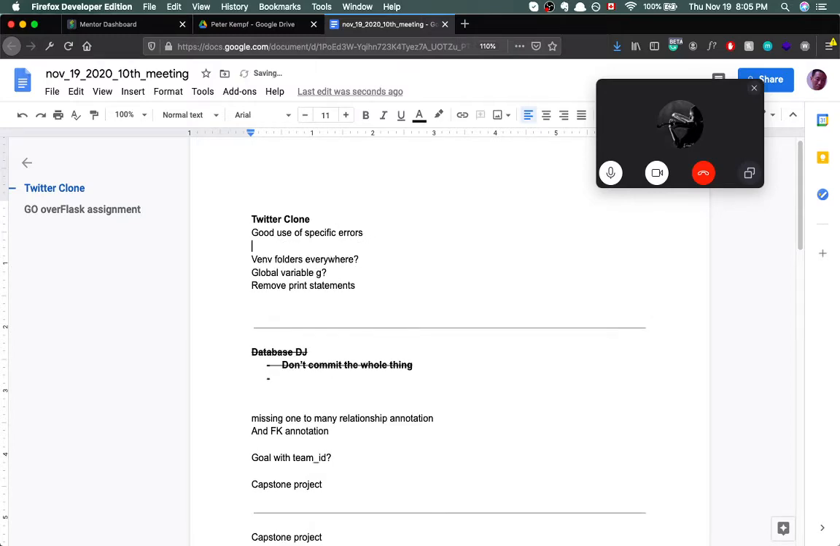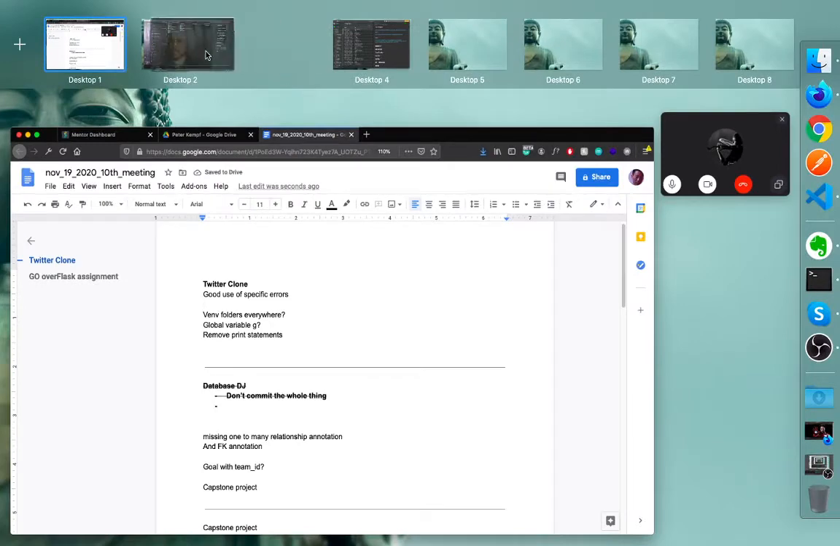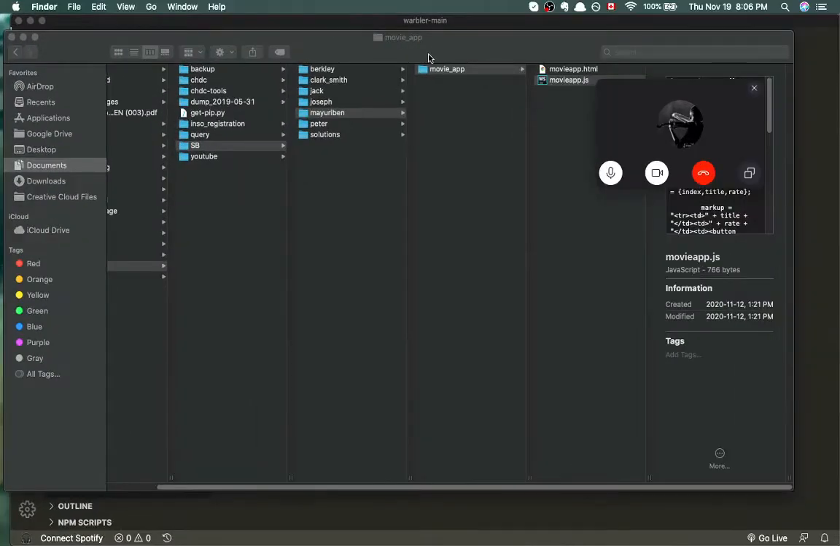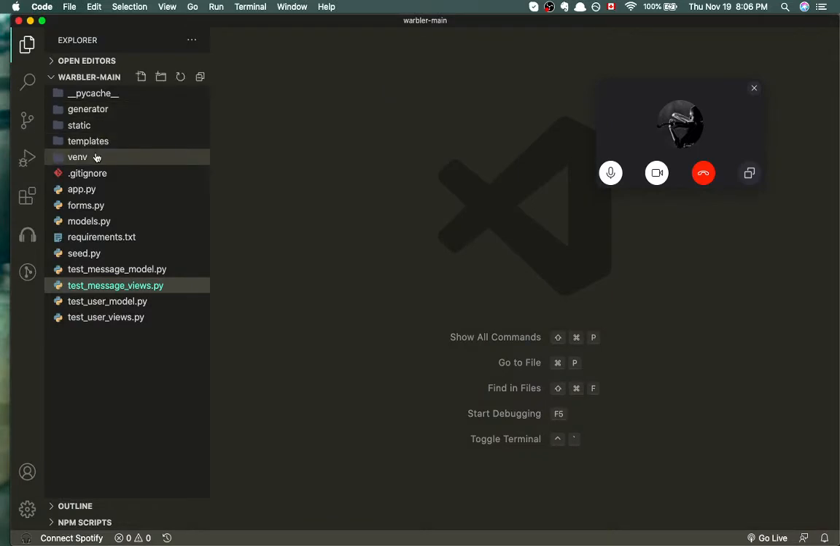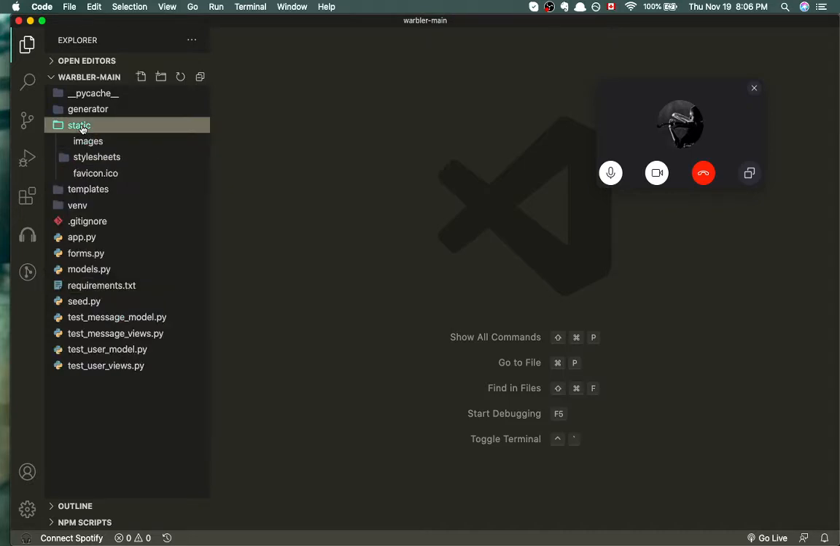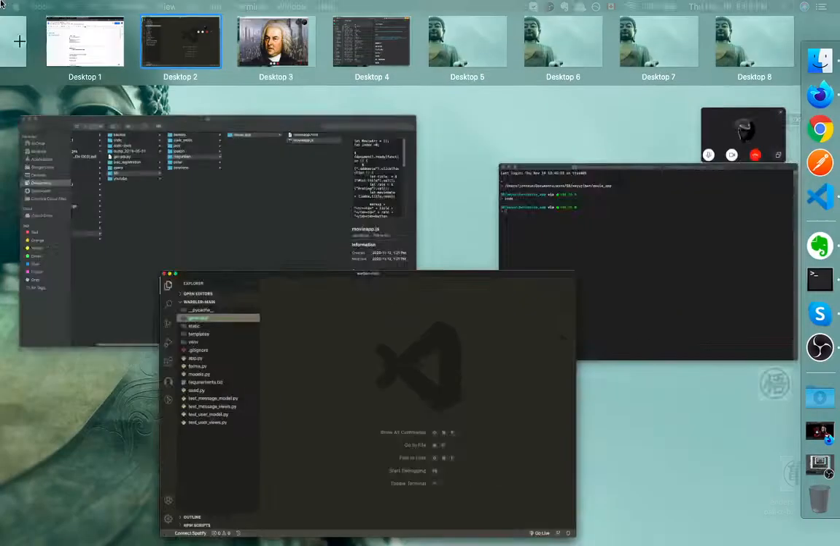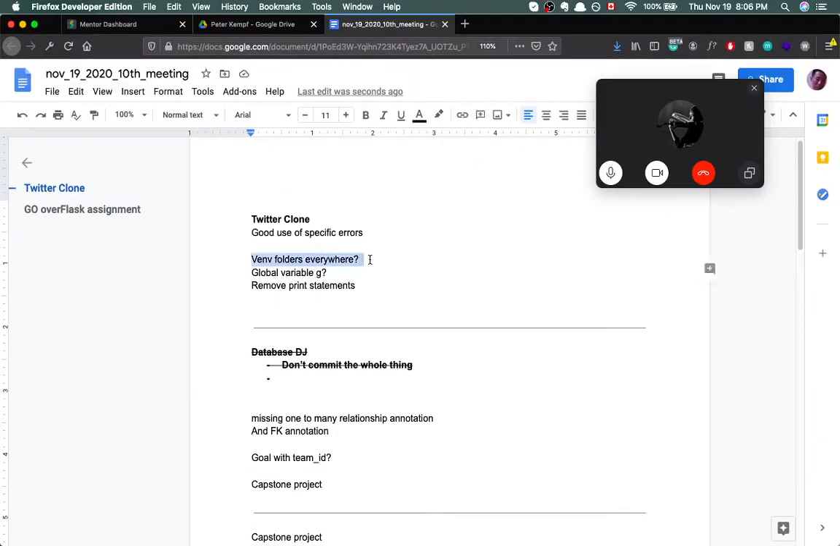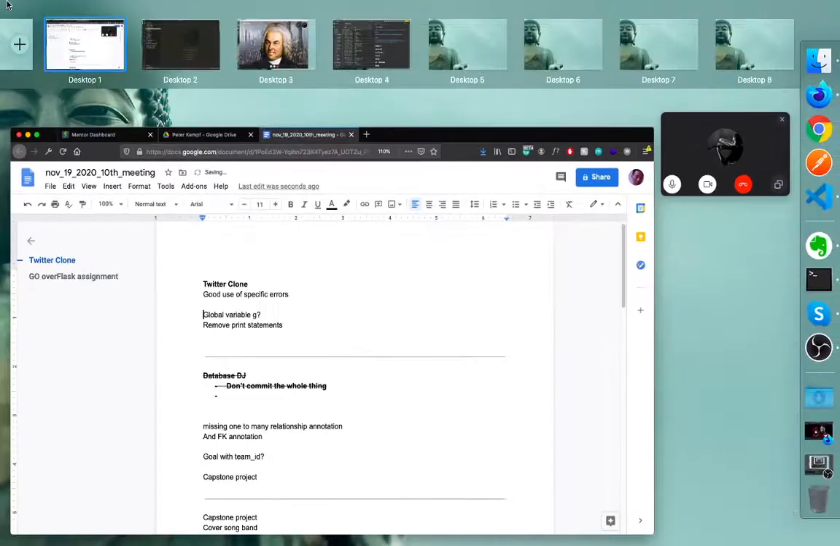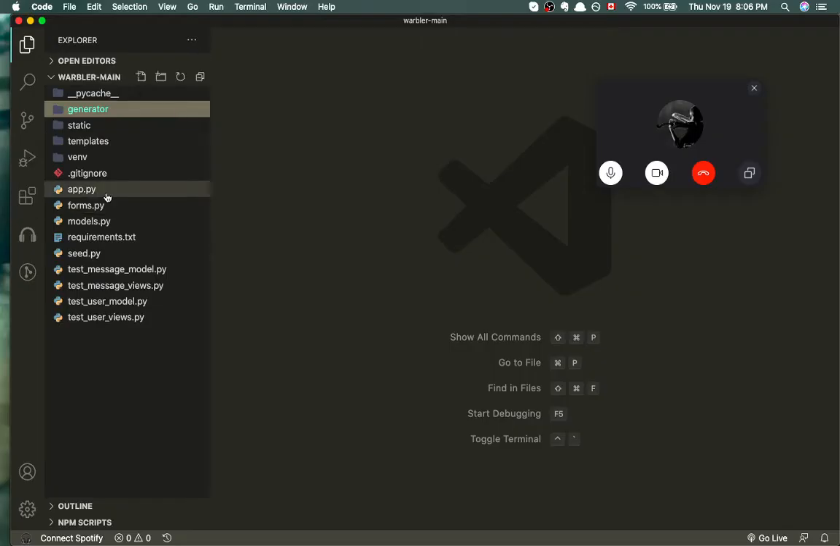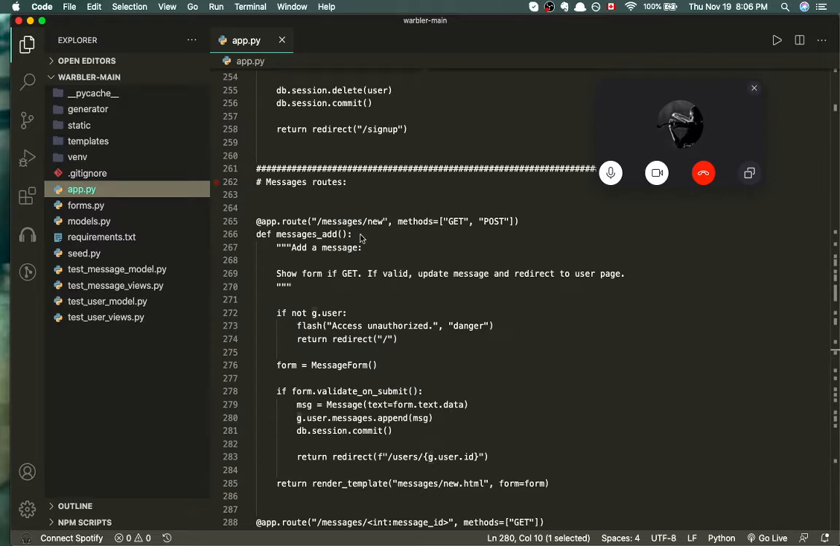And then what else? I noticed that you have Vim folders in some. So you have the Vim folder inside the main folder, but you also have it inside the... One sec. Oh, actually, don't worry about it. That one's fine. Inside the app.py,